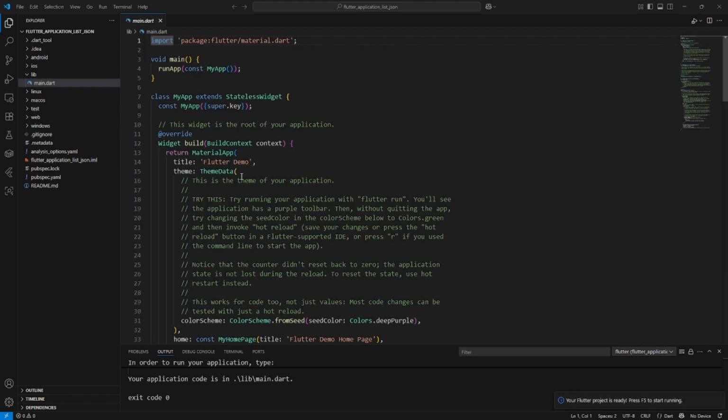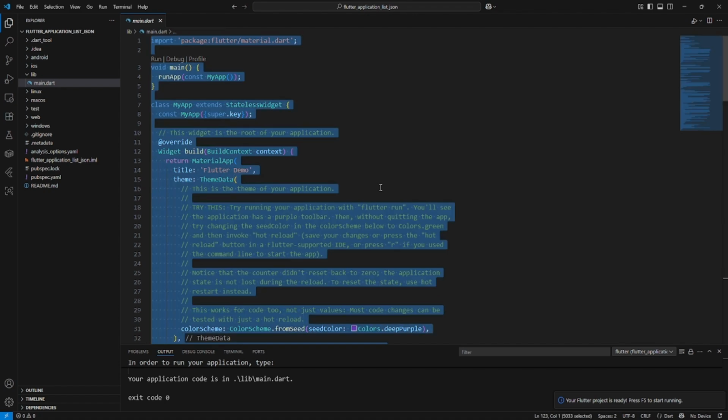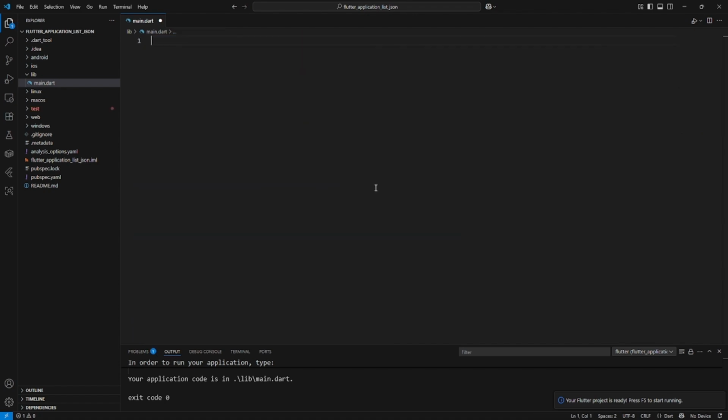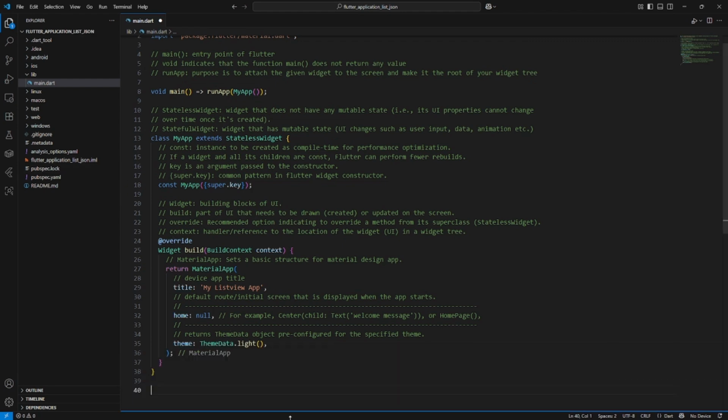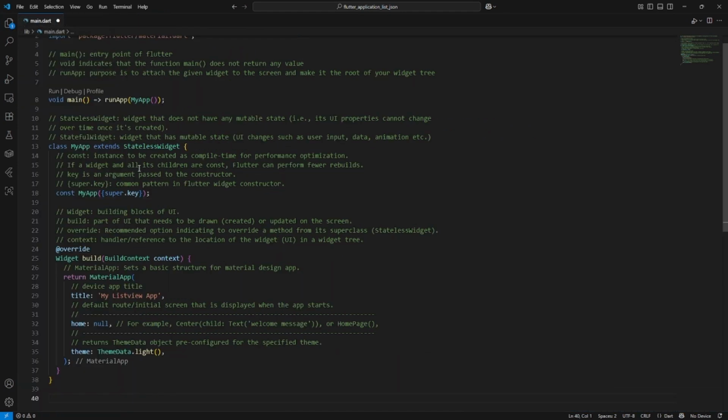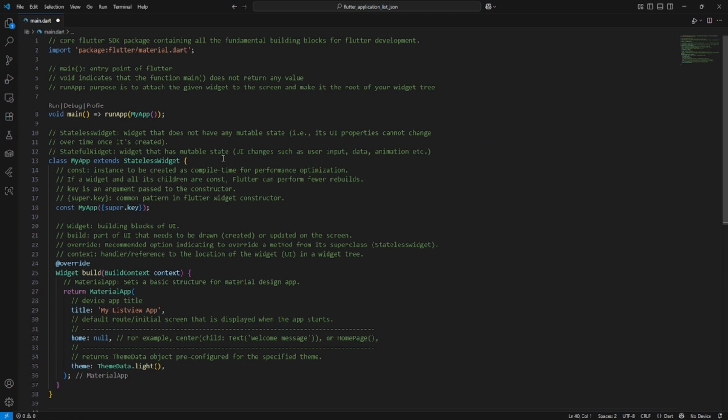Now as you can see, the system has pretty much set up with the main.dart file having the default code. So what we are going to do is delete this default code and use the standard code that we have already discussed in one of our previous videos. Basically, this standard code is doing nothing here except that it has imported the material package,